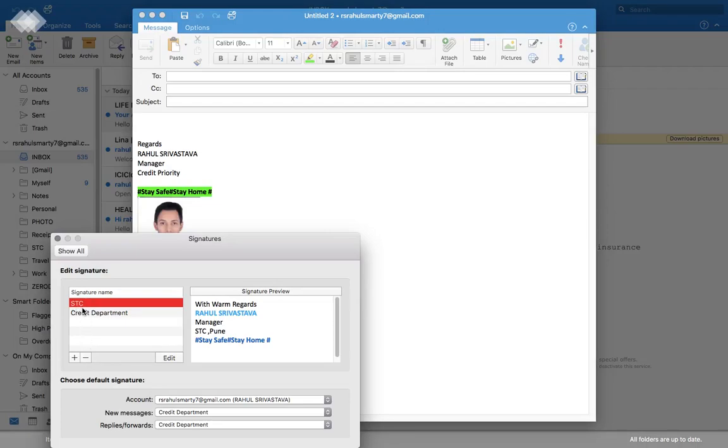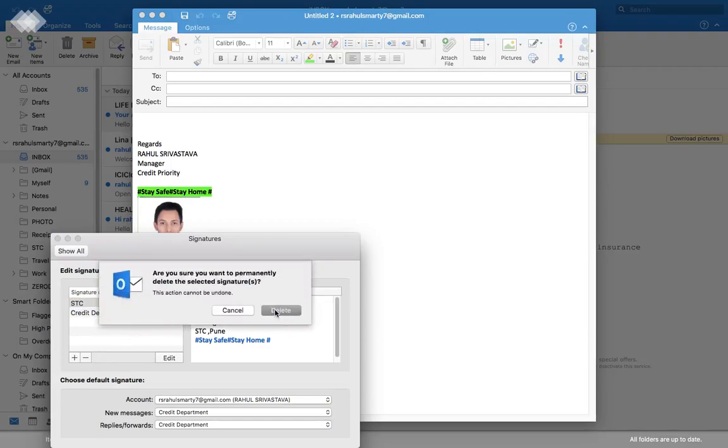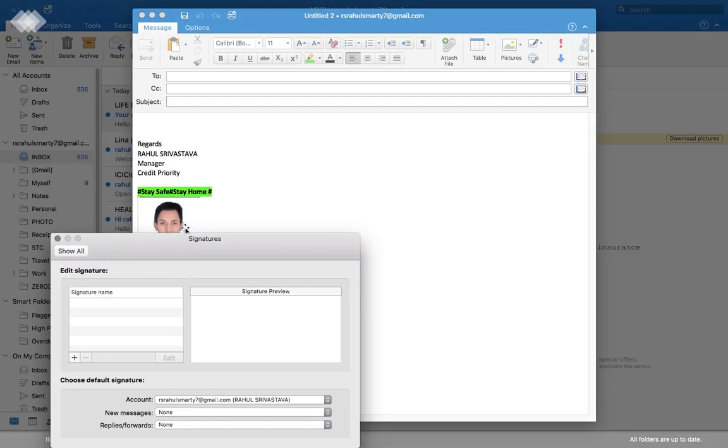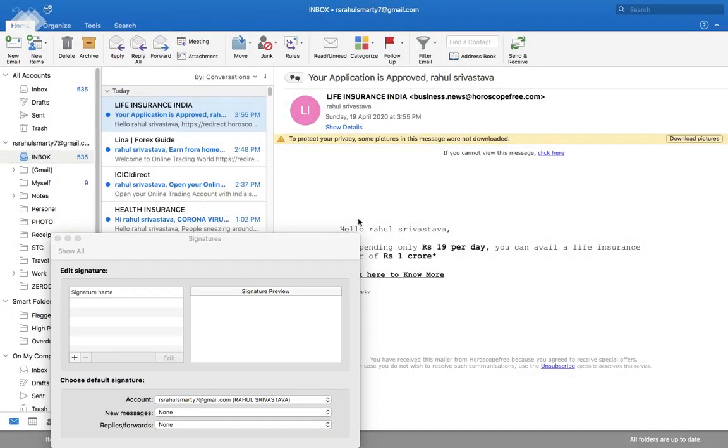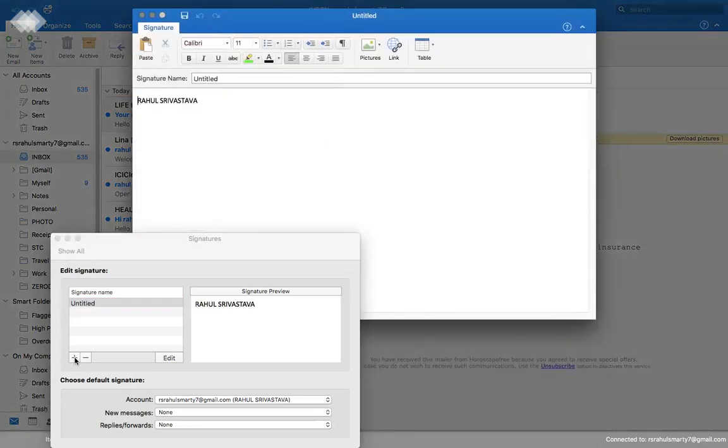So for the time being, to make you understand, I will simply delete these two. Since I am going to create a new one, I will simply click on this plus button.